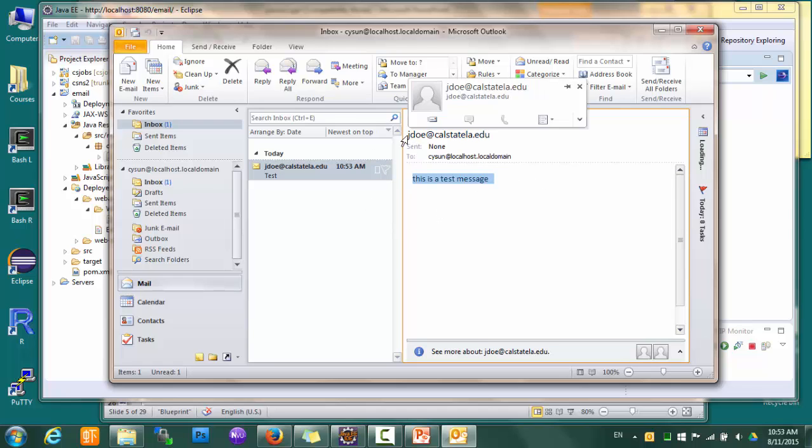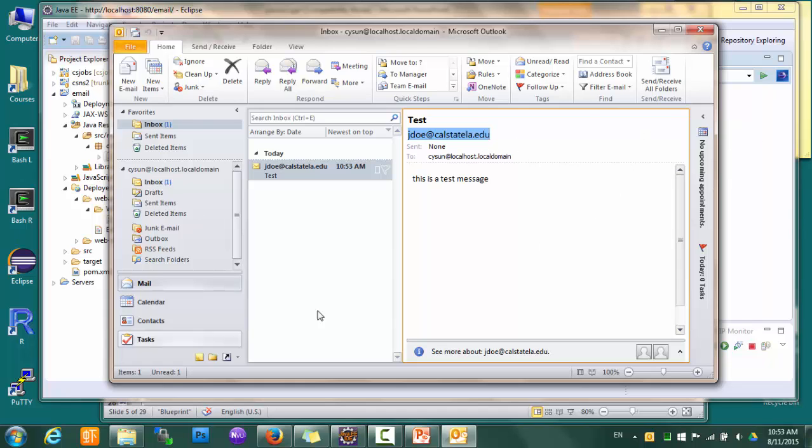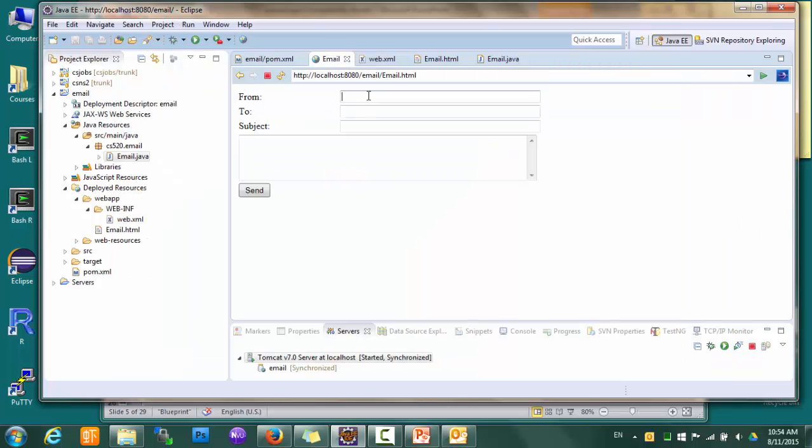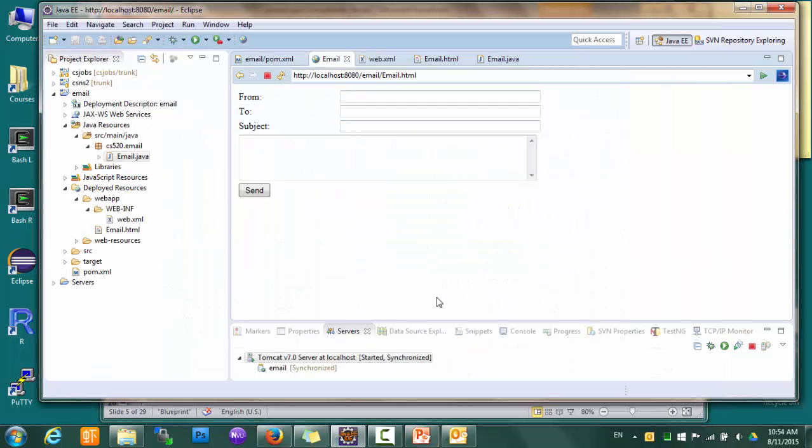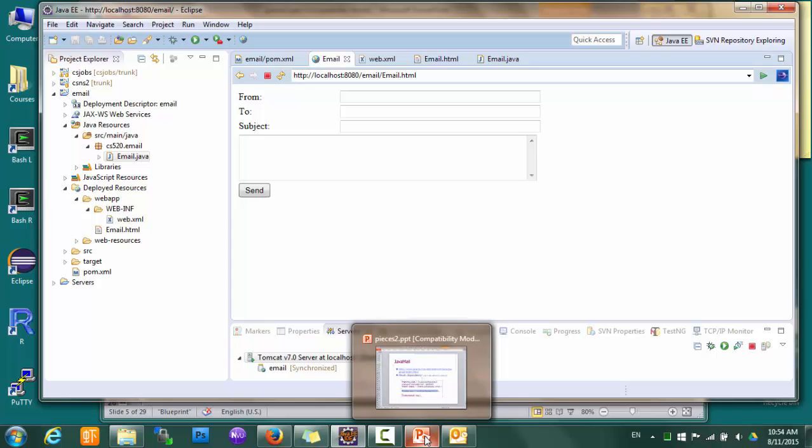By the way, notice that we can basically fake the from address of anybody. So this message is obviously not sent from johndoe@calstatela.edu. It's sent from this local computer. So what this means is that it's very easy to fake from address. So don't trust all the emails that you see. Okay, so this is how we can do it using